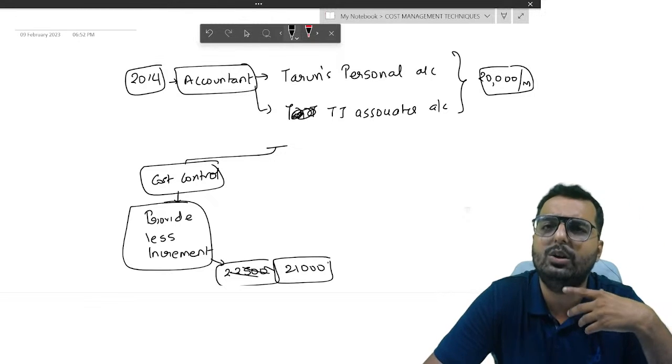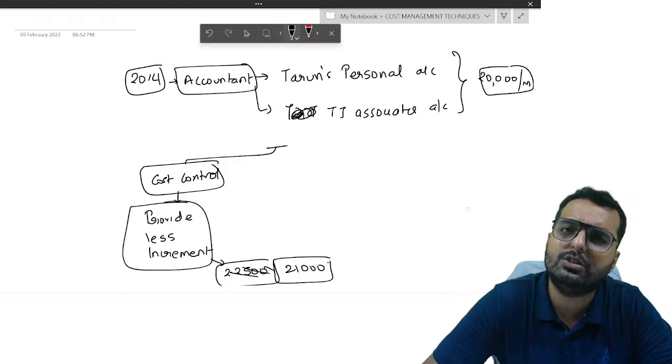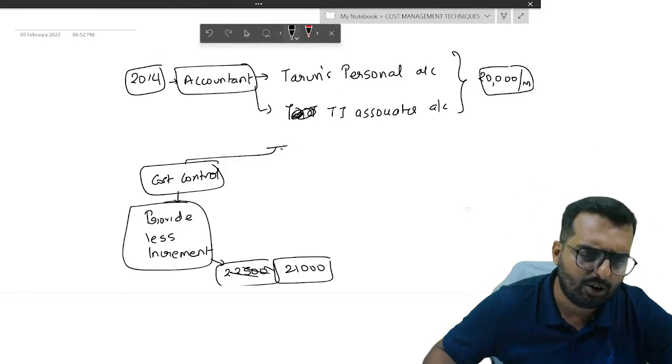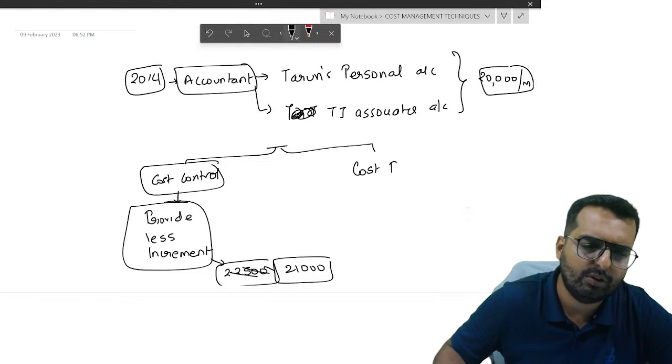But what will the accountant do? Accountant will find a better job. He will leave me and he will go to some other better company. Instead of this, I can actually focus on cost